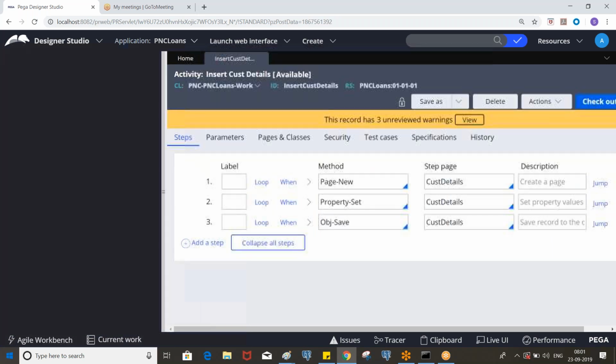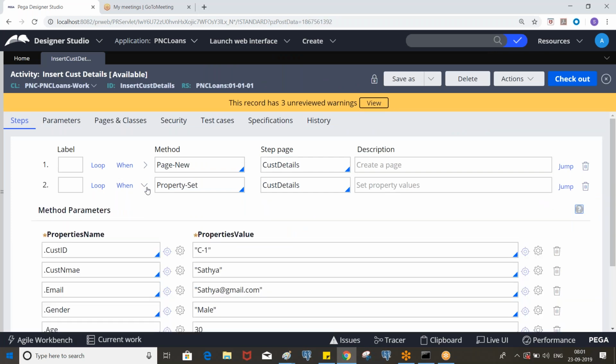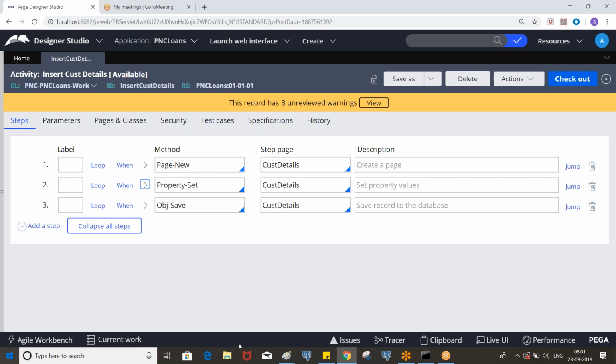Instead of hard coding, we can capture the data dynamically. To do that, we need to invoke this activity in the flow, since everything is part of a flow. We have a lot of options.